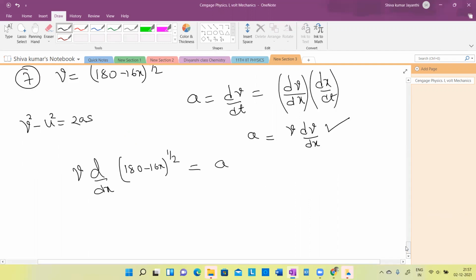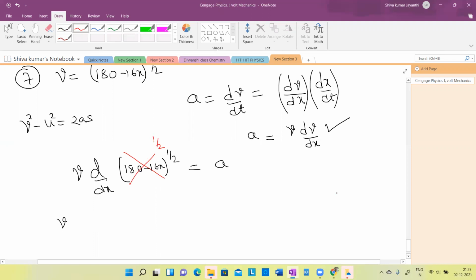Is that clear? Now we can differentiate so easily. Is it or not? It's quite simple, because it is in terms of x, the differentiation of a function of x in terms of x. So it's easy. What is it going to be? V, you leave it aside. Differentiation of this, how do you do that? Just now I told you. Anything, and this is like inner function. This is again like inner function. So I will make you understand. This is like x power half.